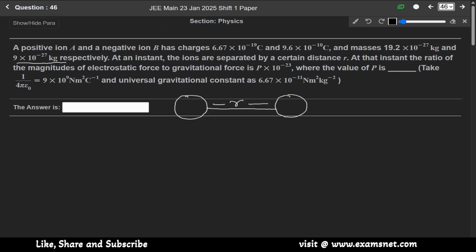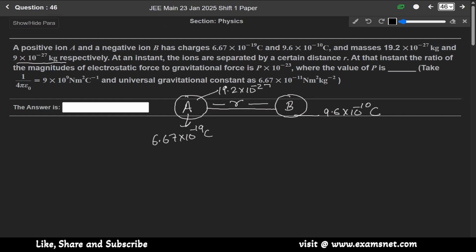At that instant, the ratio of the magnitudes of the electrostatic force to the gravitational force is P into 10 to the power minus 23, where the value of P is. Okay, we have to find the value of P. So, this is positive ion A, this is negative ion B, and charges are given as 10 to the power minus 19 coulomb, and B charge is given as 9.6 into 10 to the minus 10 coulomb, and masses are given as